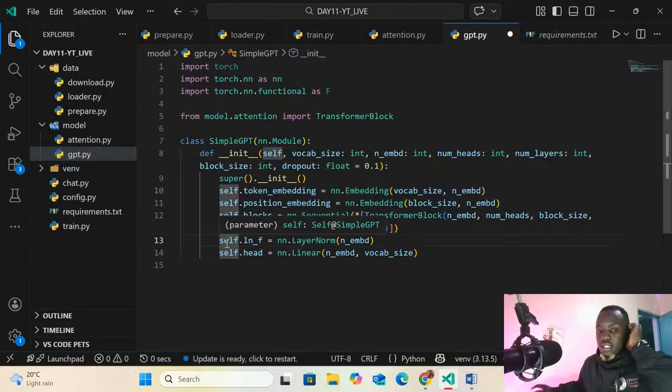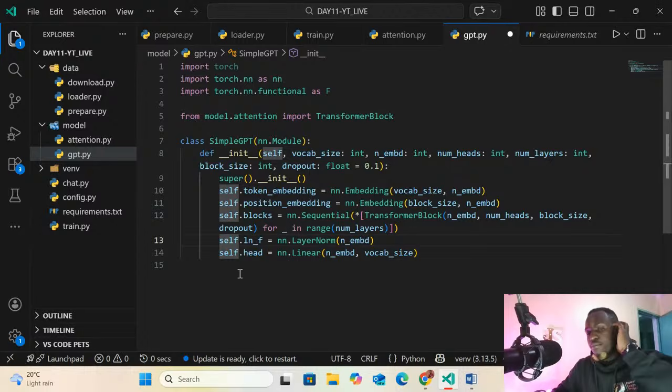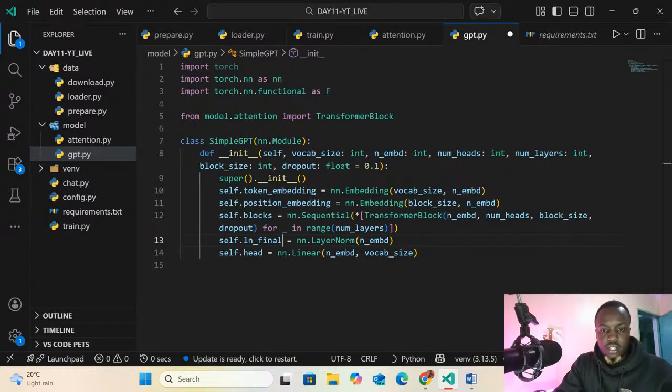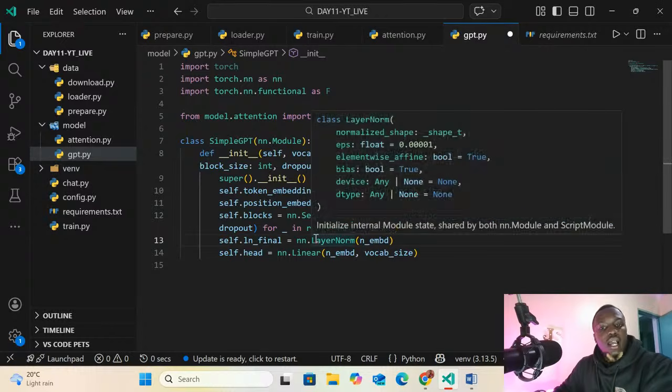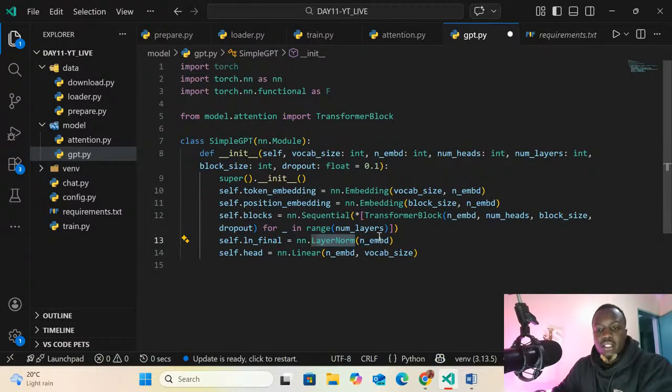So after that, we are going to define self.ln_f, a valid variable name, so one can understand the ln_f, in which you are going to use the layer normalization, in which you are going to embed the number of embeds.